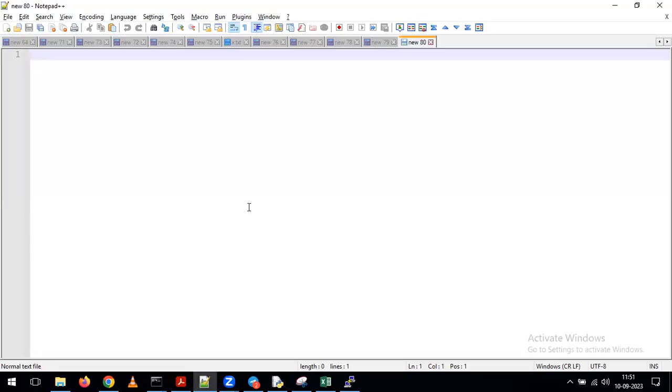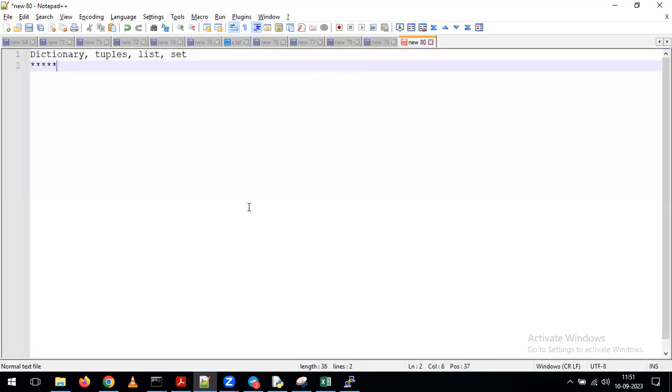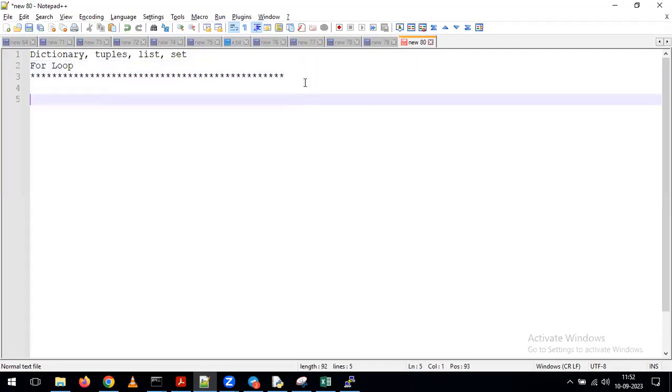So as part of our previous session, we discussed dictionary. We discussed tuples, we discussed list, and we discussed set. We discussed all these different topics as part of our previous session, and we discussed for loop also. Now, on that day, whatever examples I gave,